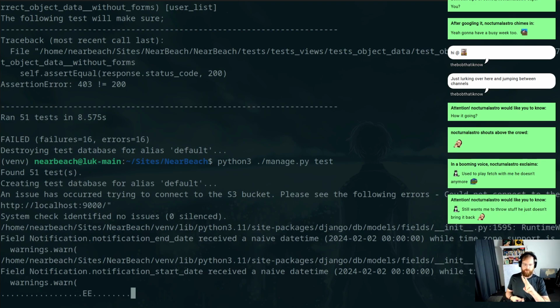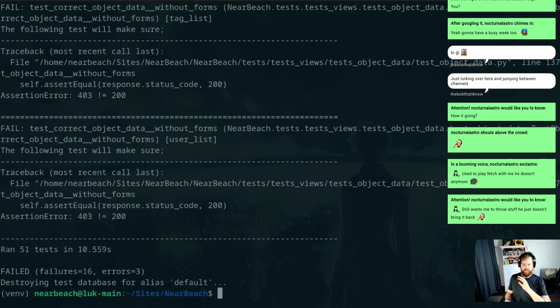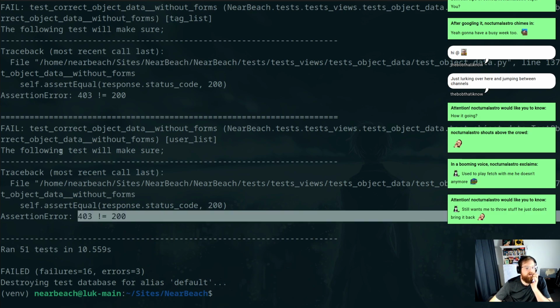All right, we're getting 2 so far. All right, we've got a couple of Fs. So we've got 3 errors and 16 failures. Okay. Doing rather well at the moment. Okay. 403 doesn't equal 200. Okay,